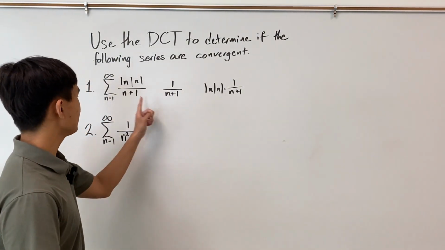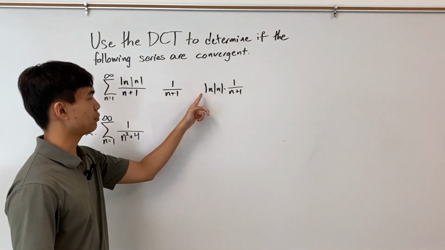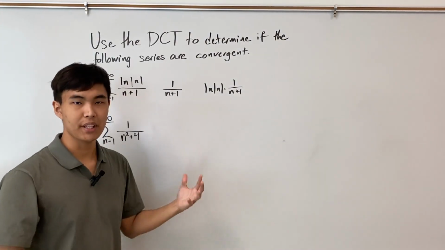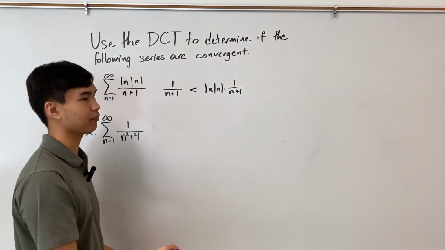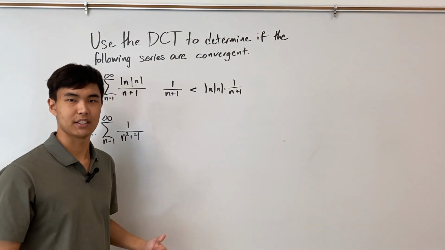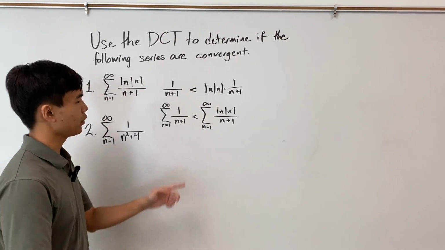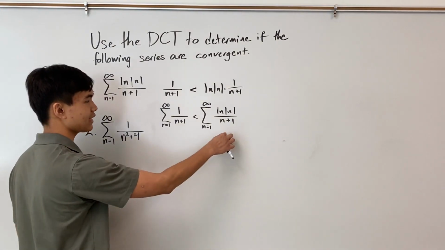So for all n's greater than 1, ln n is greater than 1, meaning if I multiply ln of n to 1 over n plus 1, then it'll become bigger than 1 over n plus 1. So we have this inequality. Then I can take the infinite sum of both sides. We know that this is a harmonic sequence which always diverges. And we also see that the sum of this is less than the sum of this, meaning this series also